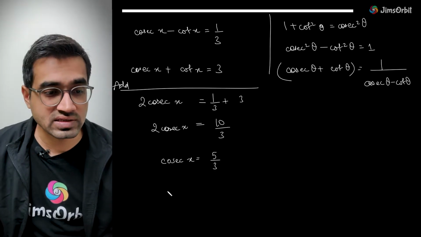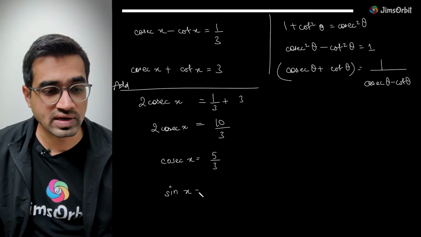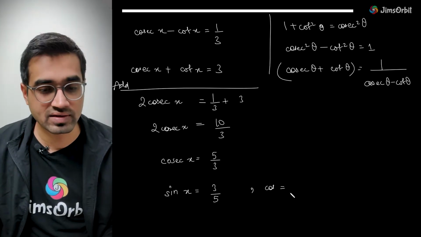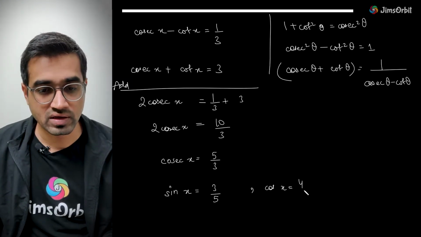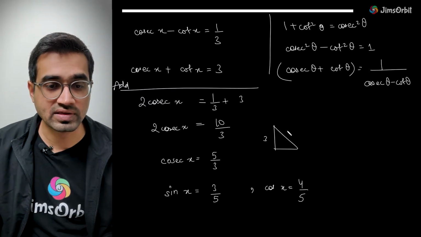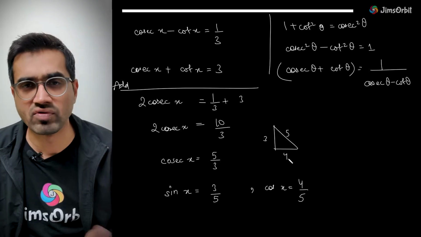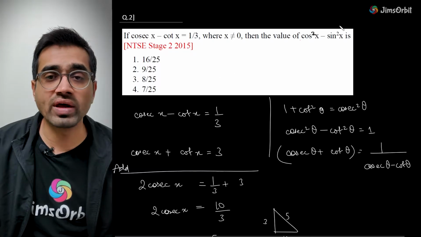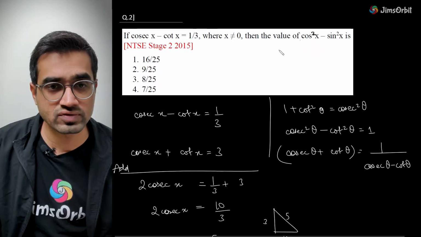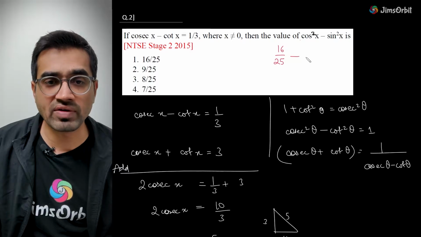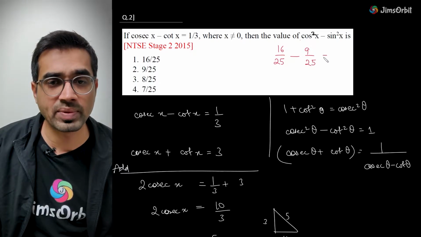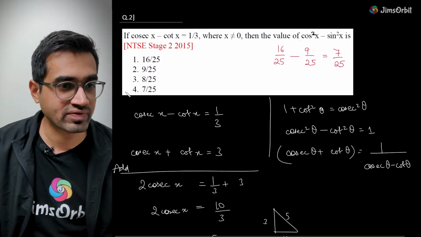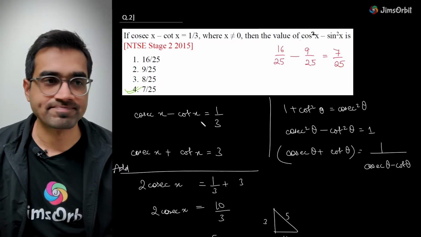Now you know cosec theta is the reciprocal of sine. So sin x will be 3 by 5. But when you know sine, you can find cos using simple methods. This is taught in grade 10 starting trigonometry, correct? Using this triangle, you make 3, this is 5, this should be 4. That is 3k, 5k, 4k. So you know sin x, you know cos x, and they are asking you to find the value of cos square minus sin square. You just know that cos is 4 by 5, so cos square will be 16 by 25. Sin is 3 by 5, so sin square will be 9 by 25. If you subtract them, you get 7 by 25. And that's our final answer, isn't it? 7 by 25, this one. Okay, easy. Let's solve the next one.